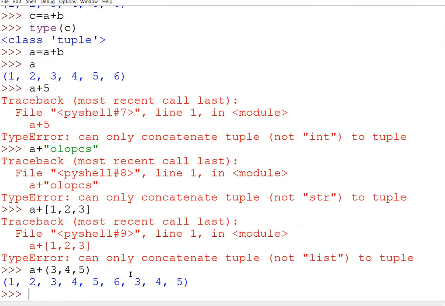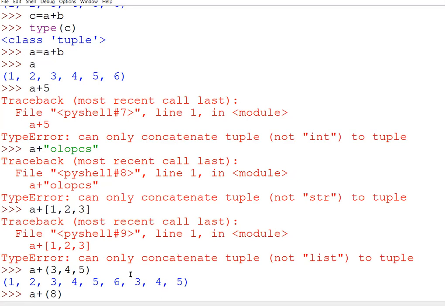One more important thing. If I write A plus 8, what will be the answer? Ma'am, 8 will be added in the tuple. Any other answer? Ma'am, error will be there. Why error?